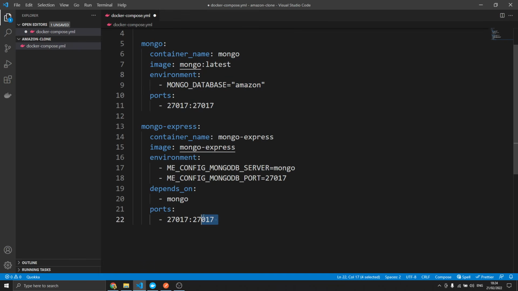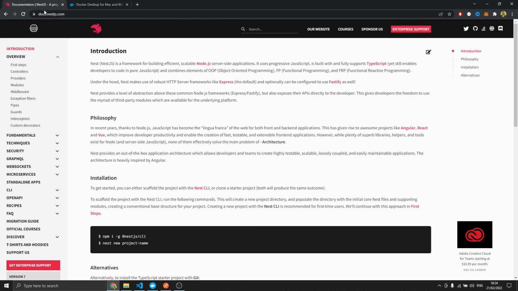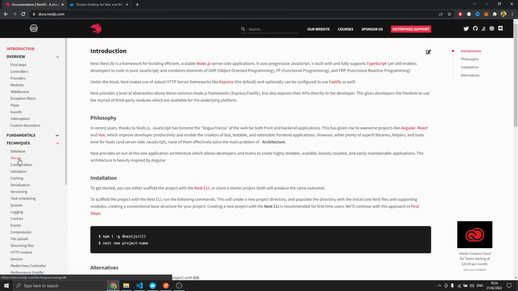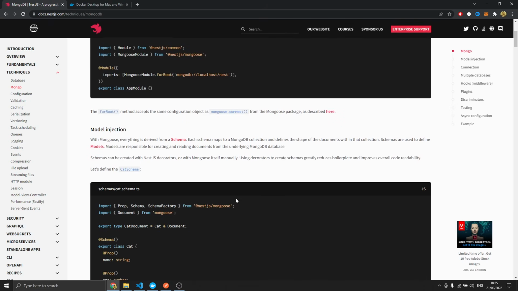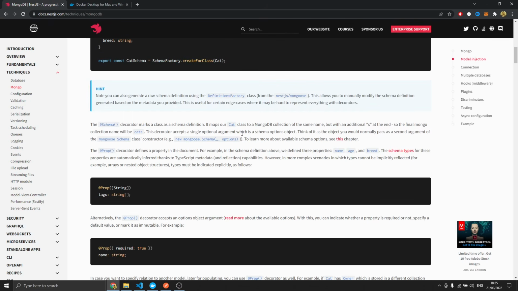So we'll need access to the image on our machine. So they'll still take memory up, but we don't actually have to install it and connect to the database as we would normally need to do. Of course, if you did want to do that, there's plenty of documentation on the NestJS website, in techniques, in Mongo,